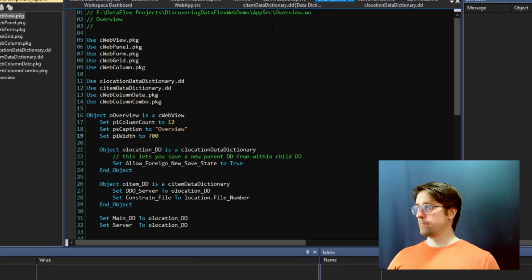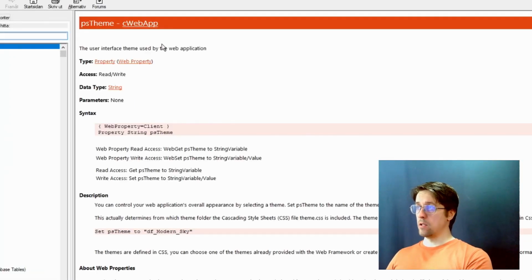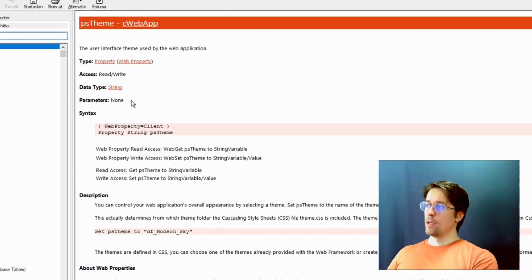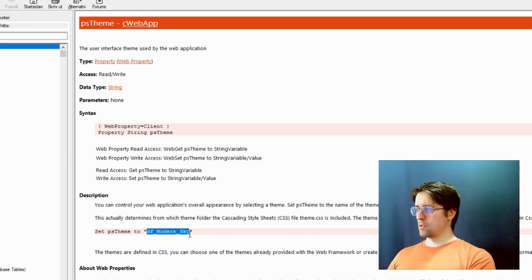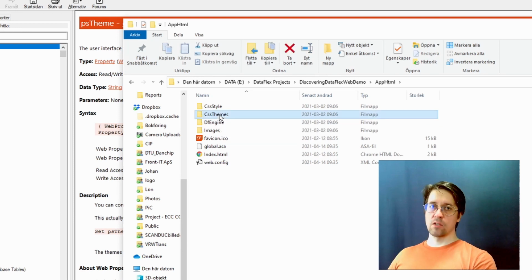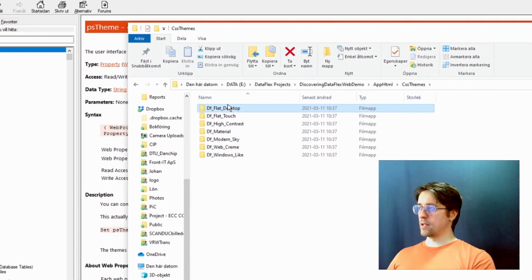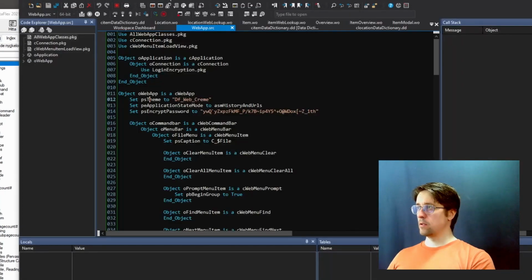And that could be done by going to the app source and just switching the theme here. So what we could do is go in here and press F1, and we get the documentation for CSS Themes. But I would expect there to be some information about the different themes here, but there isn't. So what we have to do is go into our workspace folder and see in the app HTML, we do have some CSS themes. We can go in and look at those, and here you have the different ones. So if I want to use the flat desktop, for instance, I could copy that and just paste it in here. And if I now run the application,